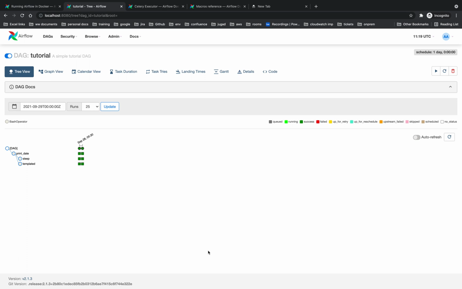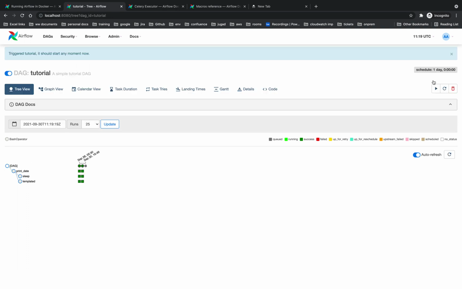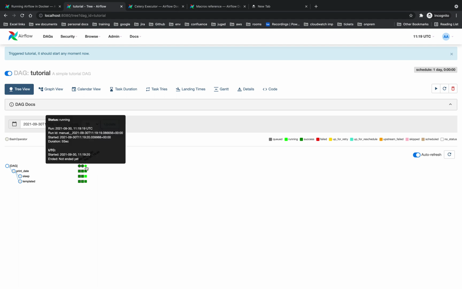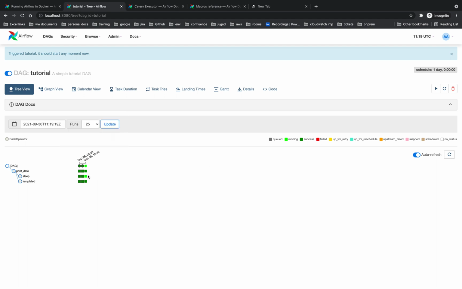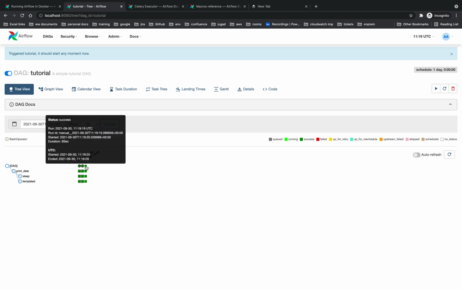Okay, so if we want to re-trigger this DAG, what we can do is click on this button, trigger DAG. We can also pass a config. Now as you can see, the DAG run is still in running state, and currently the sleep task is running. Now the execution of this DAG is completed. If we click on this,